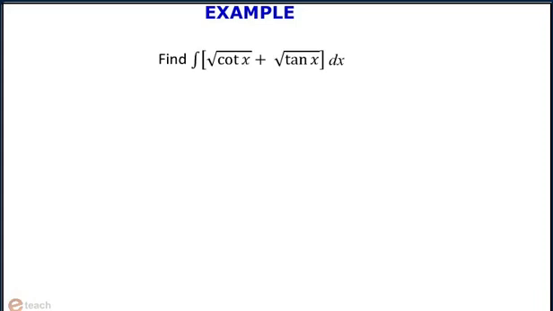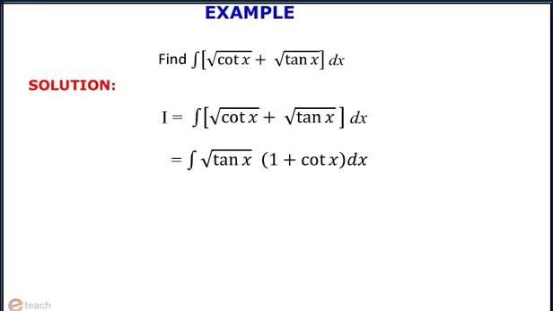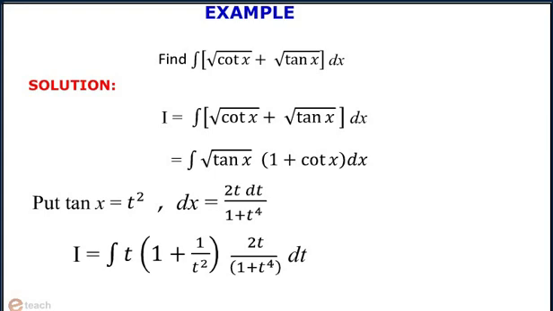Find the integration of root over cot x plus root over tan x dx. Now first taking root over tan x common, we get integration root over tan x into 1 plus cot x dx. Now putting tan x as t square, we get dx equals 2t dt divided by 1 plus t to the power 4. Therefore after substitution, I becomes integration t into 1 plus 1 by t square into 2t